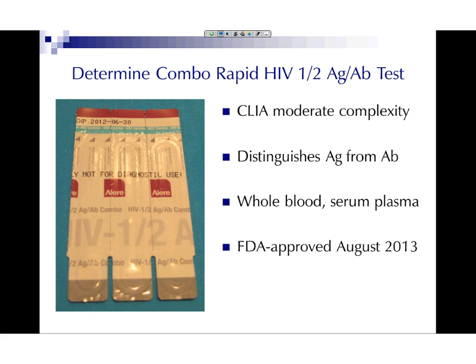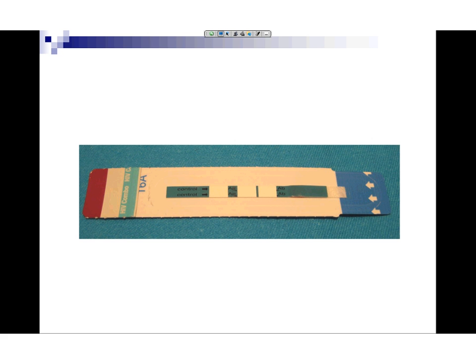And it is somewhat different in that it distinguishes antigen from antibody, so that when you look at the test strip, you would apply the specimen down at the area on the right where the little blue arrows are. It takes a 50 microliter or a full drop of blood or of serum, but then it has separate locations where a stripe would appear for antibody, a stripe would appear for P24 antigen, and then of course the control stripe. And so this would differentiate antigen from antibody. And I'll show you in a minute what our experiments have shown so far in terms of how it compares to the other rapid and laboratory tests.